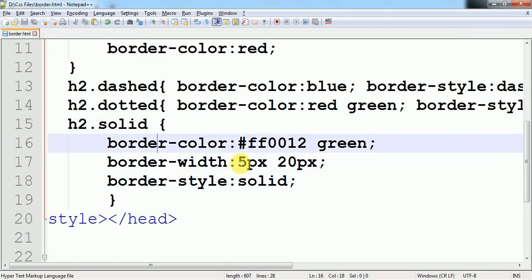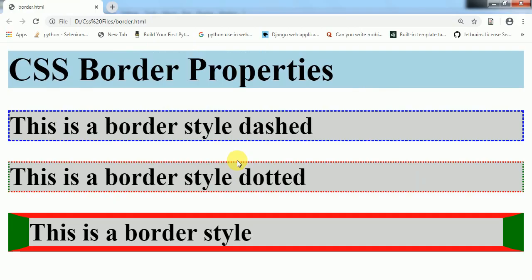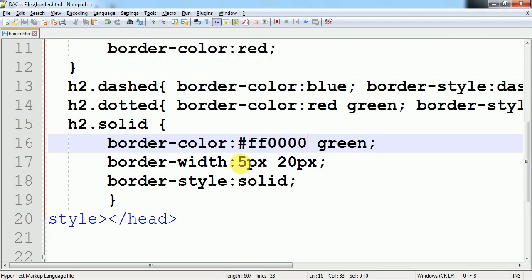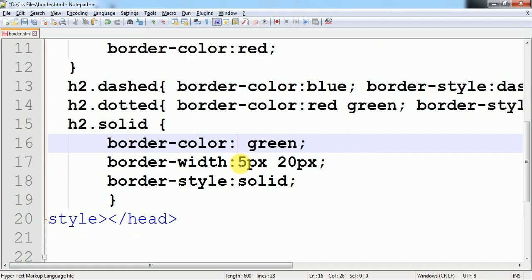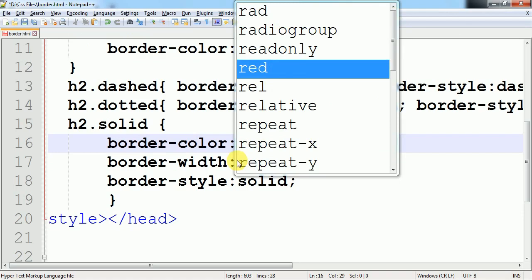So nothing is changed in the color. 00, let us see. Nothing changes in the color because 1 I have given here. Okay, if it is not working, doesn't matter, we give red directly.